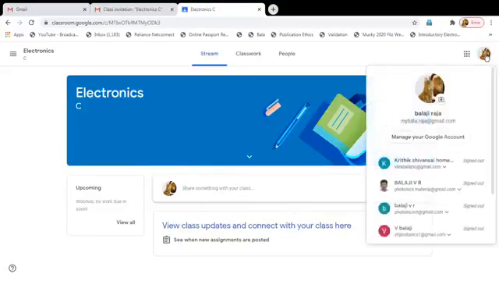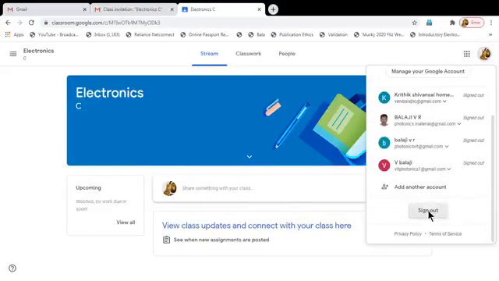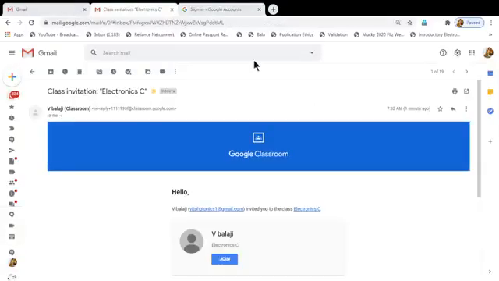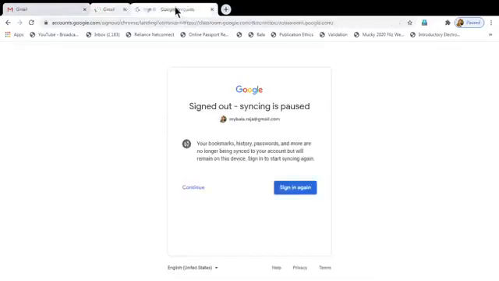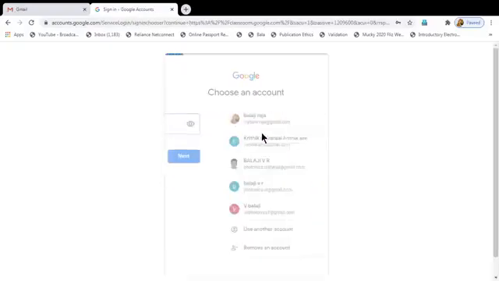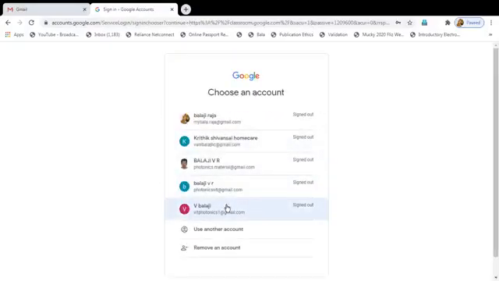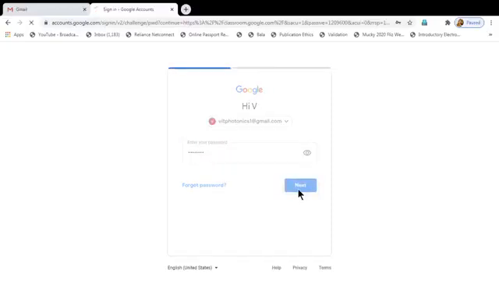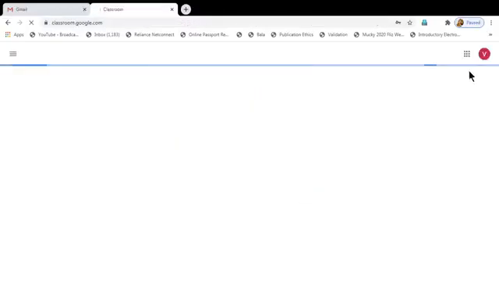Now we will sign out from the student ID and we will log in again to our faculty ID. So our faculty ID is vitphotonics1@gmail.com. So go to main page.